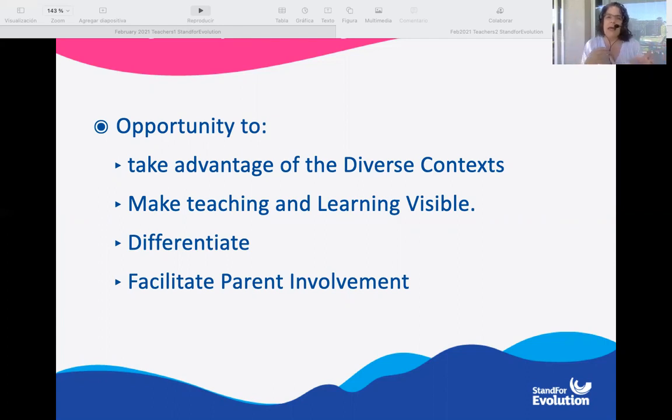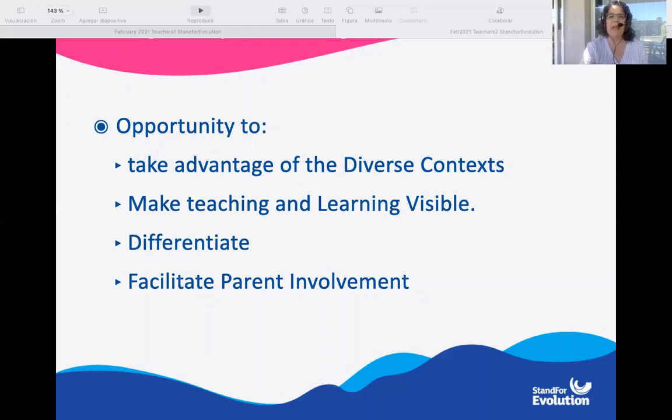You can make your teaching and the learning visible to the parents, to the heads, to the community, to the learners, right? So we can have these sessions recorded, and we can ask the learners to go back and see the process they've been through. We can differentiate our teaching, addressing the different learners and the different teams of learners with different tasks according to what they need to learn to continue growing. And we can facilitate parent involvement if they know what we are doing with the learners, how we are teaching, which are our techniques and strategies, so they can make the most of that to support their